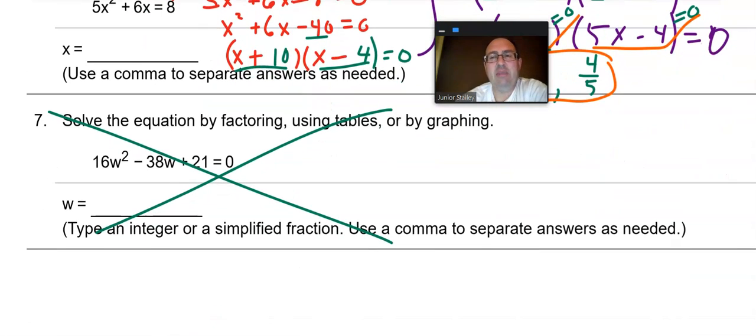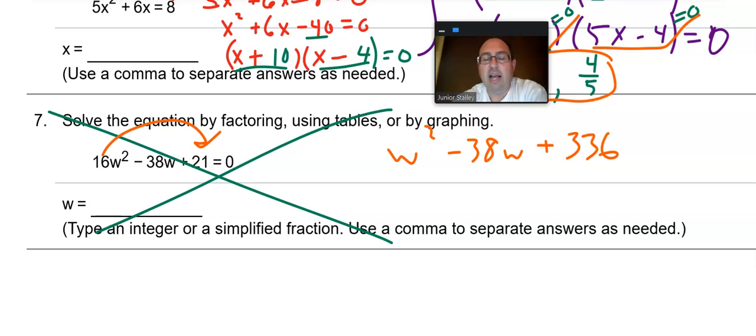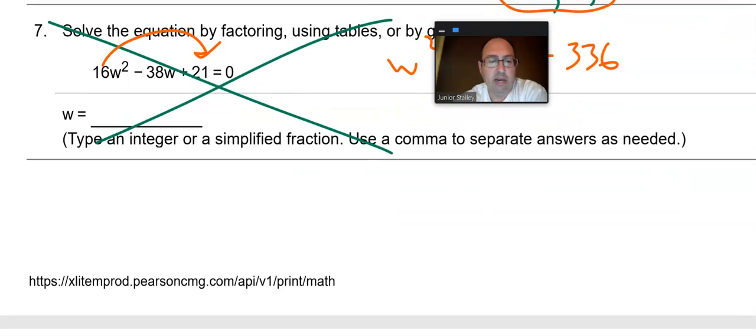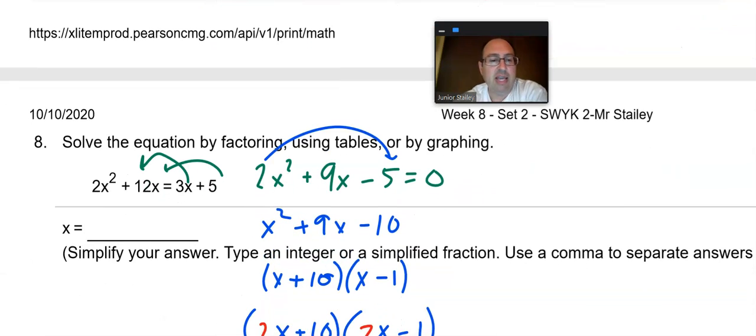Question 7 I have eliminated from the homework and the test because the numbers are too big. I mean, if you take a look at this, I won't belabor it too much, but 16 times 21, we were up to 336. We were doing like w squared minus 38w plus 336. Okay, we don't need to get that big of numbers, so I got rid of that question, so you don't have to worry about it. Question 8